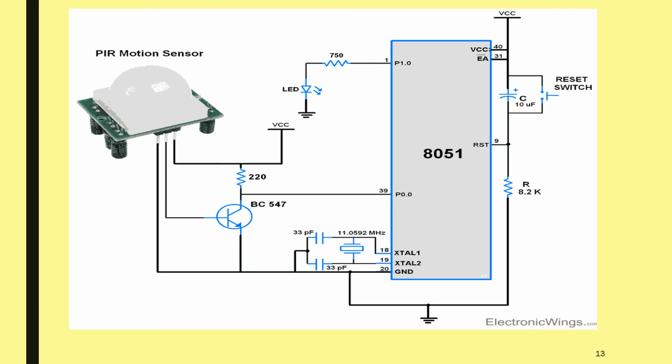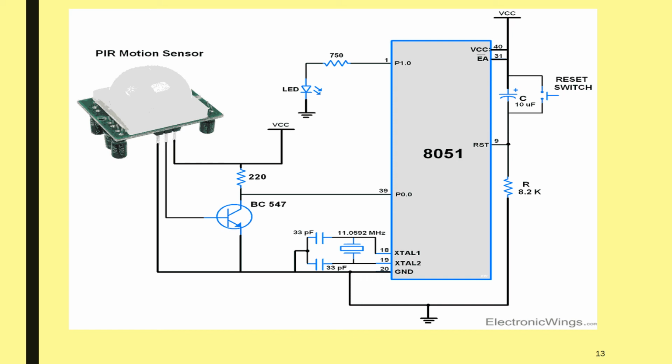DSN FIR 800. Remember the number. DSN FIR 800 is the PIR sensor module which is widely used in most applications. It operates from a 4.5 to 5 volt supply, and standby current is less than 60 microampere. The output voltage will be 3.3 volt when the motion is detected and 0 volt when there is no motion. The sensing angle cone is 110 degree and the sensing range is approximately 7 meters. The default delay time is 5 seconds.